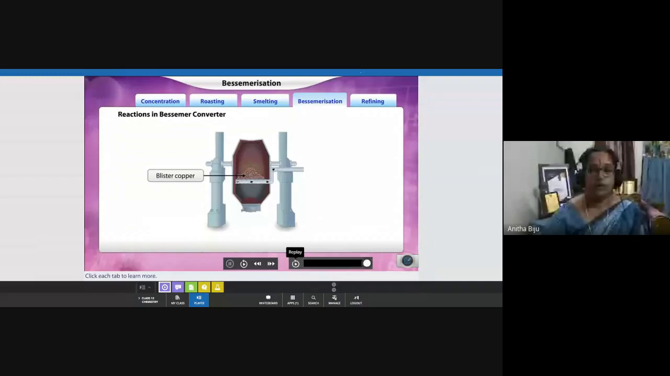Okay. This is all about Bessemerization, and the last process is known to you. Refining is done through electrolytic refining. Okay. So this is all about the process